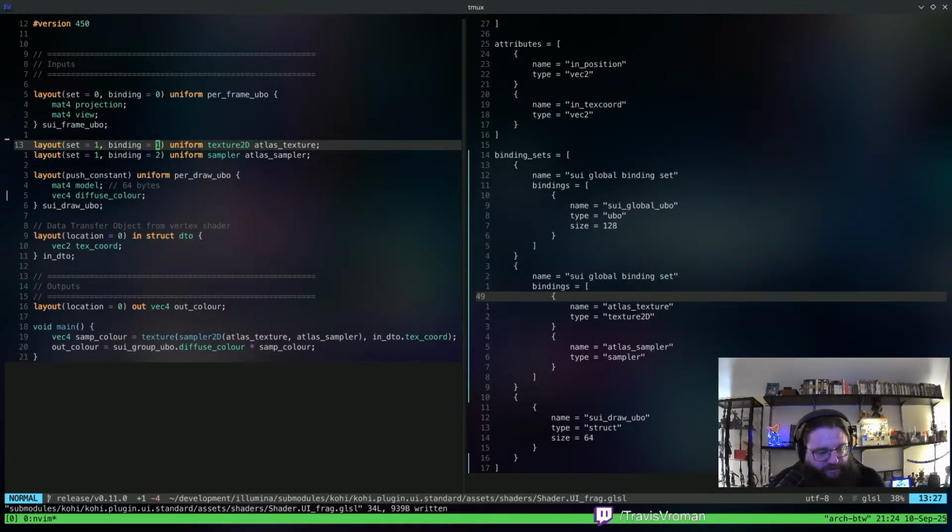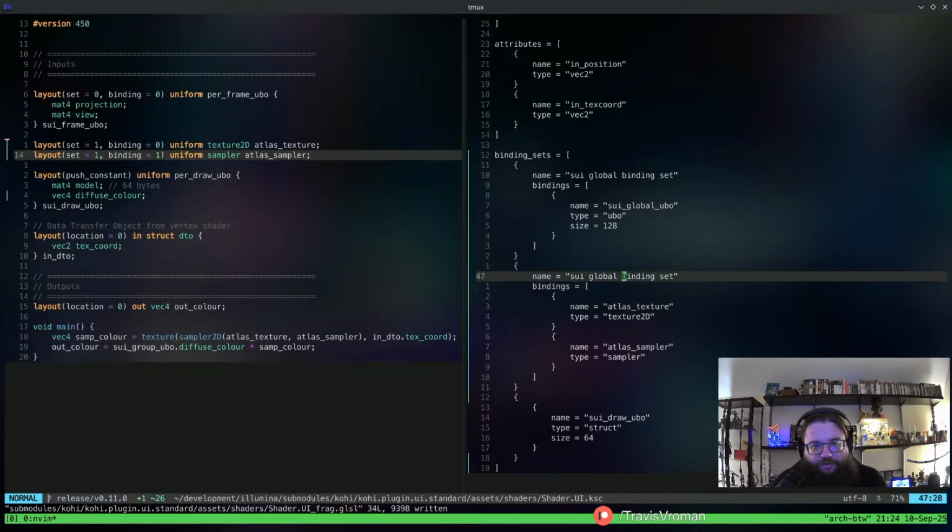That's going to move this binding to index 0 and this one to index 1. Oh, you know what? The atlas can change per object, right? So what do I want to call this one?